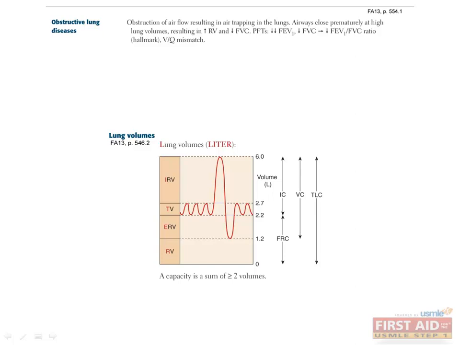Pause the video for a second if you need to. We'll talk about this a little later when we compare obstructive lung disease with restrictive lung disease. In obstructive lung disease, you classically see a decrease in FEV1. Since FEV1 decreases to a greater extent than FVC, the FEV1 to FVC ratio also drops, which is a hallmark